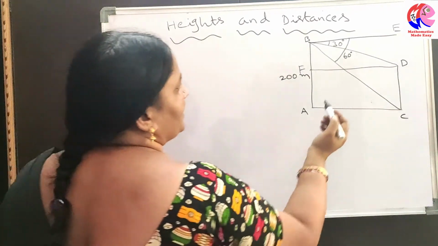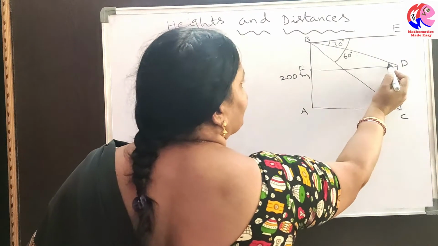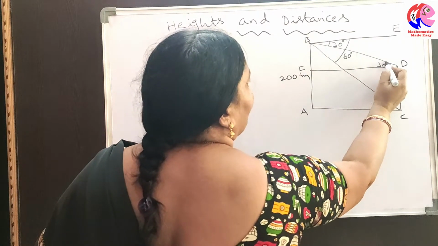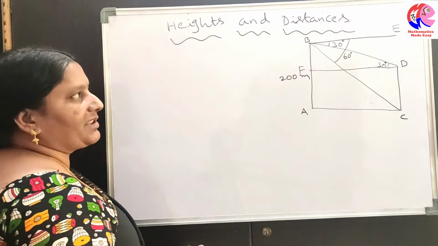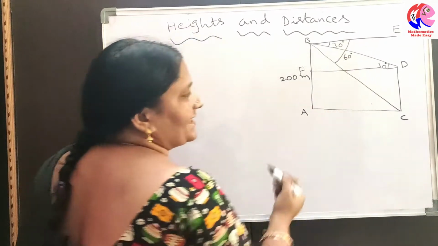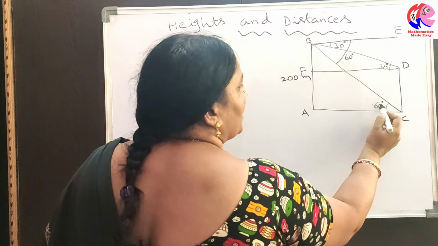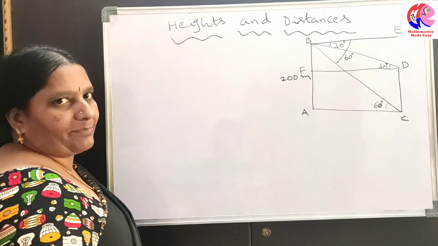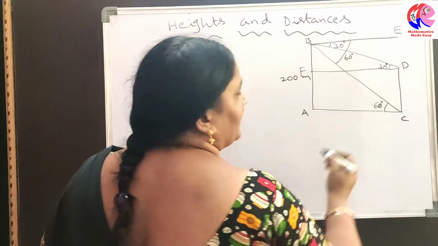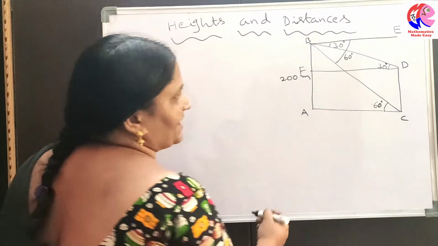For first finding this, whenever this angle EBD is equal to 30 degrees, this angle BDF is also equal to 30 degrees. Similarly, angle EBC is 60 degrees. Angle ACB measure is also equal to 60 degrees by using parallel lines concept. Alternate interior angles are equal. Now this is the total diagram here. By using this diagram and data, we are finding CD measure, of course AC measure also.